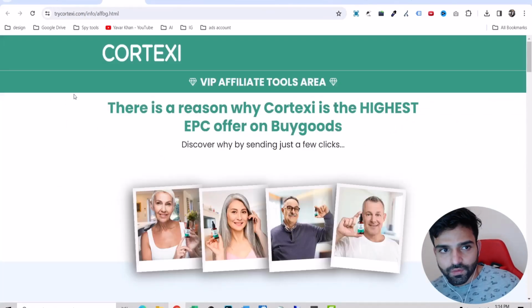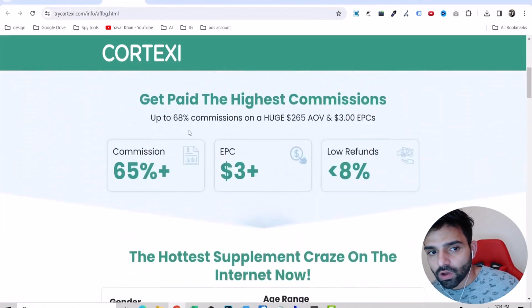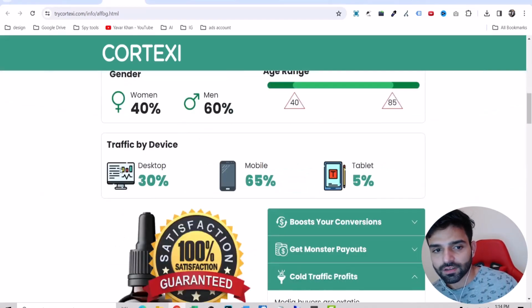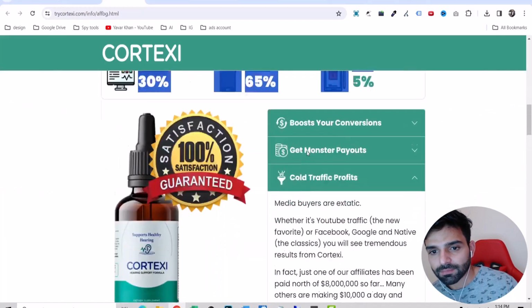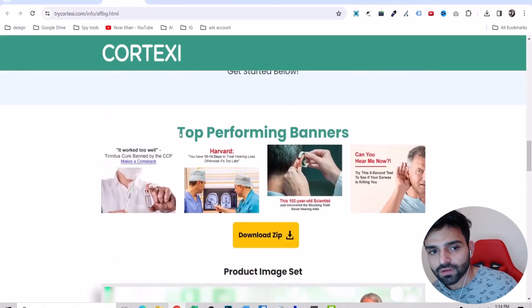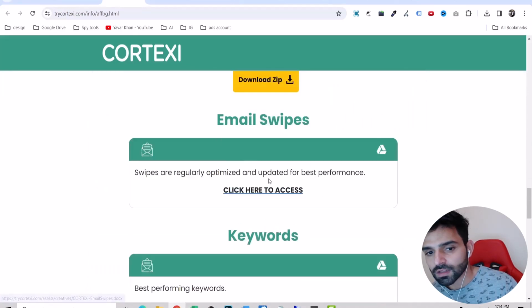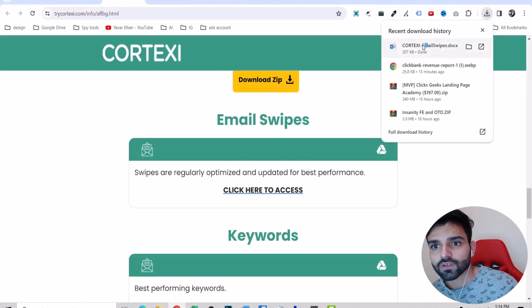So first things first, go on their affiliate page for that product and they give you all the detail, guys, so you don't have to do anything. You can see the commission, EPC, so they're getting $3 EPCs, but for me, my campaign was optimized, so I was getting a lot more. A low refund rate, so this is really good. You could see desktop, mobile, tablet. If you scroll down, if you're doing native ads, you could use this. You can use email swipes, and the best thing about it is, I forgot to tell you this one, right? So if you open,